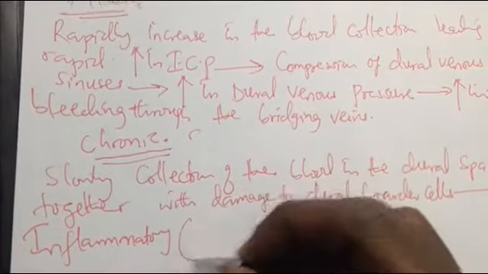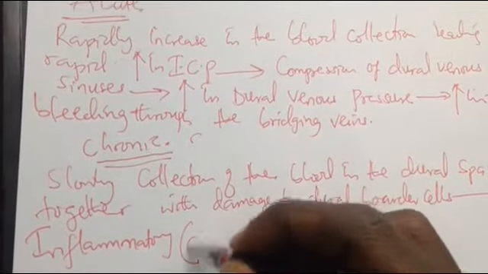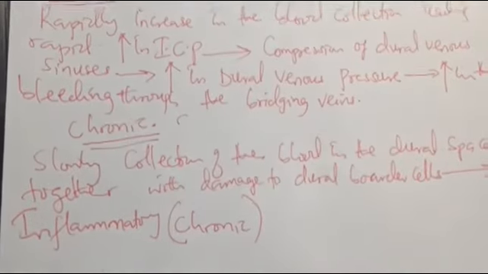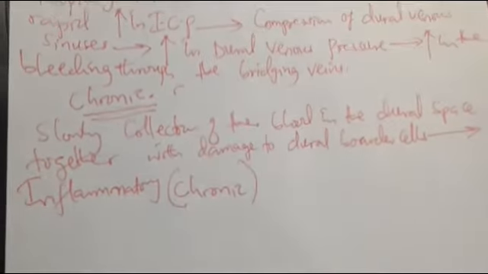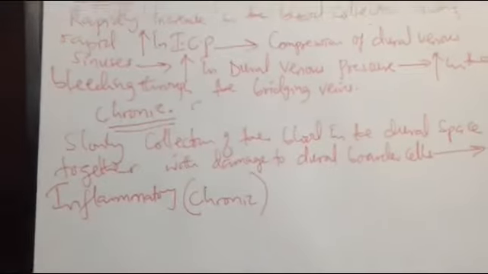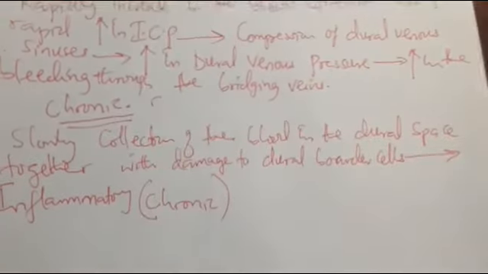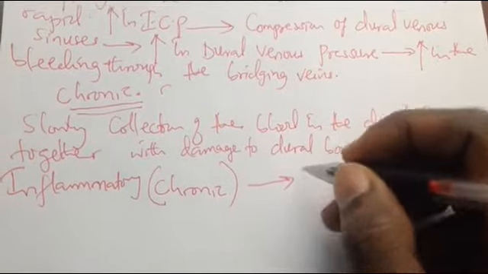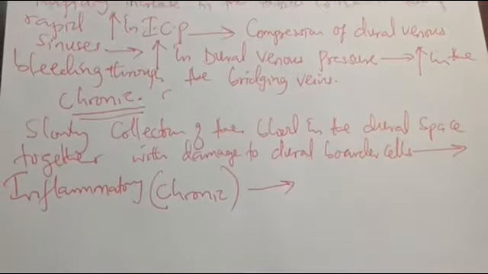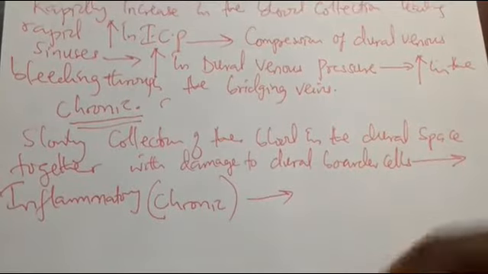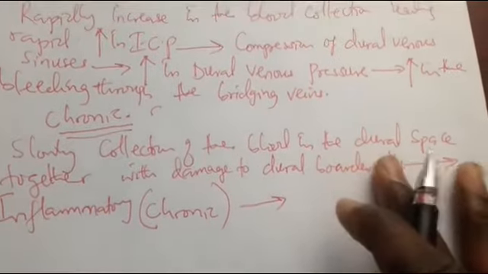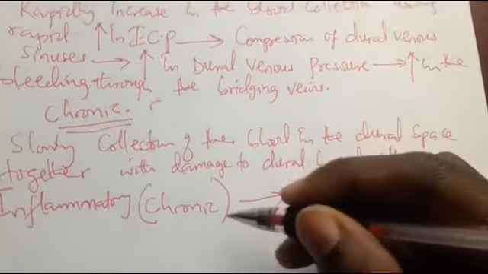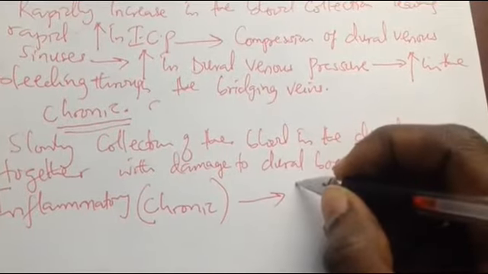So this inflammation has to be chronic inflammation, because it is a chronic thing, right? So due to this chronic inflammation, as we already know, in any chronic inflammation there is going to be angiogenesis and fibrosis, right? We have fibrosis and also angiogenesis due to the release of some factors that lead to this angiogenesis and then fibrosis. So due to that chronic inflammation, there is going to be new vessel formation,